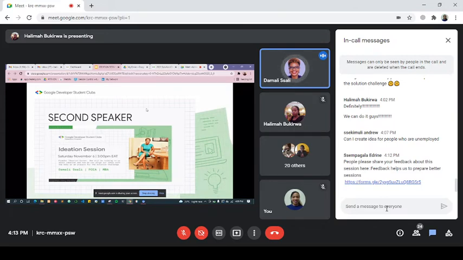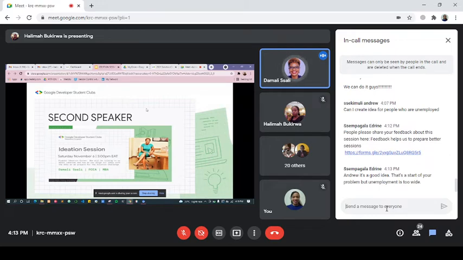So you need to understand the evaluation criteria before you even start, actually. Before you start, go and check out the evaluation criteria. It is actually on the website. I was particularly interested also because on that same website, they give you the timelines. And as I was going through the timelines, I noticed there are several steps. They tell you, first of all, you need to join a Google Developer Students Club, which Halima was talking about. Second, you have to form a team, which is what you've been asking about as well.